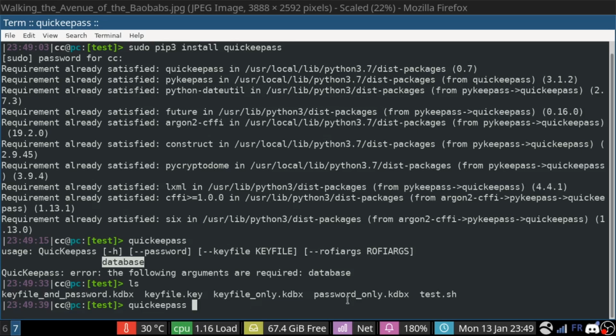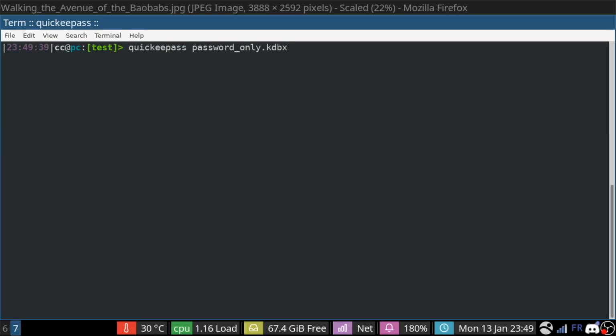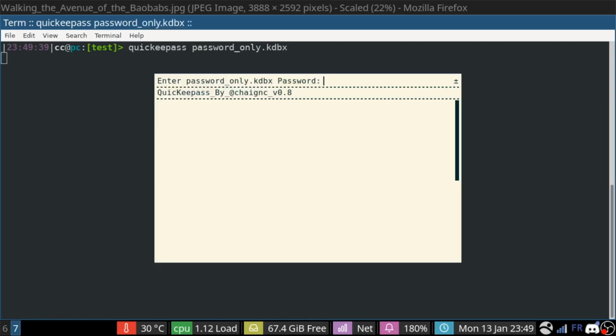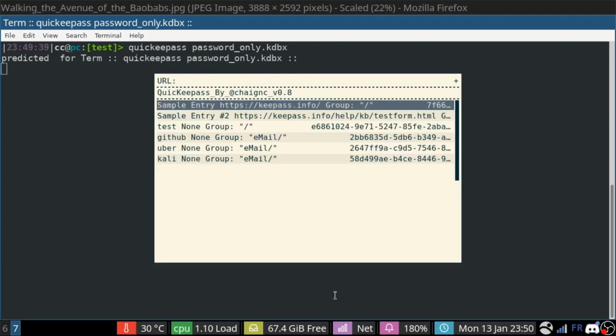For example, if your database requires only a password, this can be configured within KeePass directly. I can show you at the end of the video how to do it. And then you just type your master password. Here we go. After that, it opens and shows all the passwords stored within your KeePass database. QuickKeePass is not a replacement for KeePass, to be clear. It's only a tool that wraps KeePass in order to allow you to go faster when you need to.